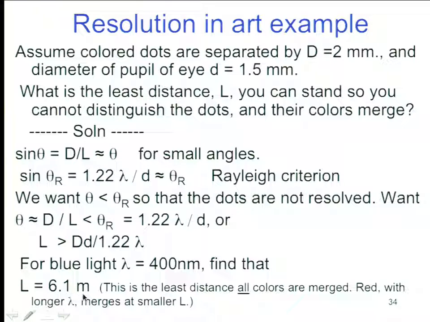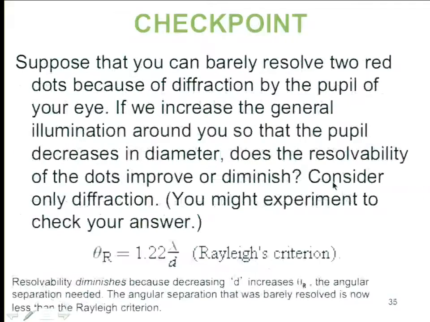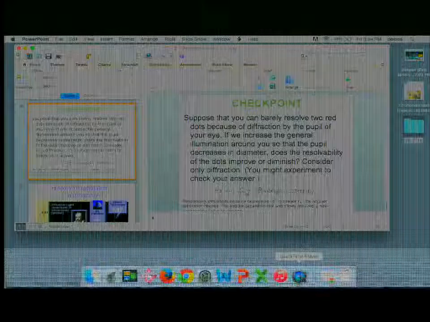6 meters when all the colors, including the blue, get merged, and the two dots that are close enough together, at say separated by 2 millimeters, seem merged in your eye. There'll be one color. I have this other interesting